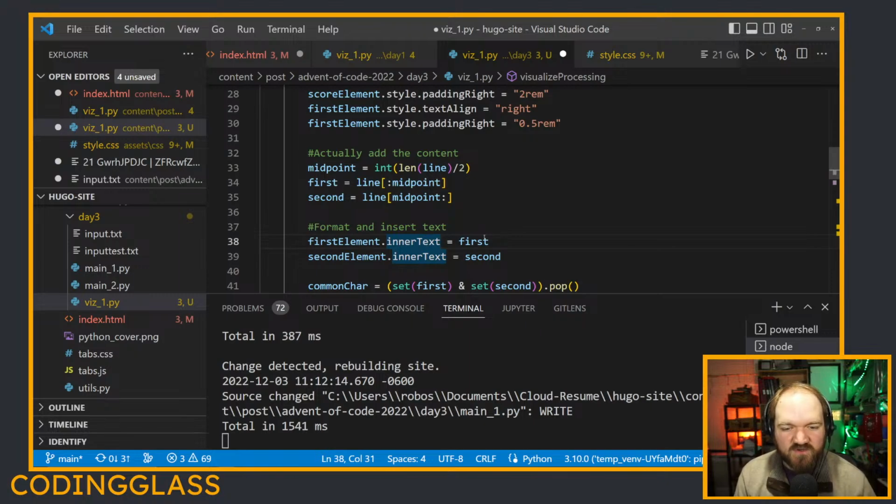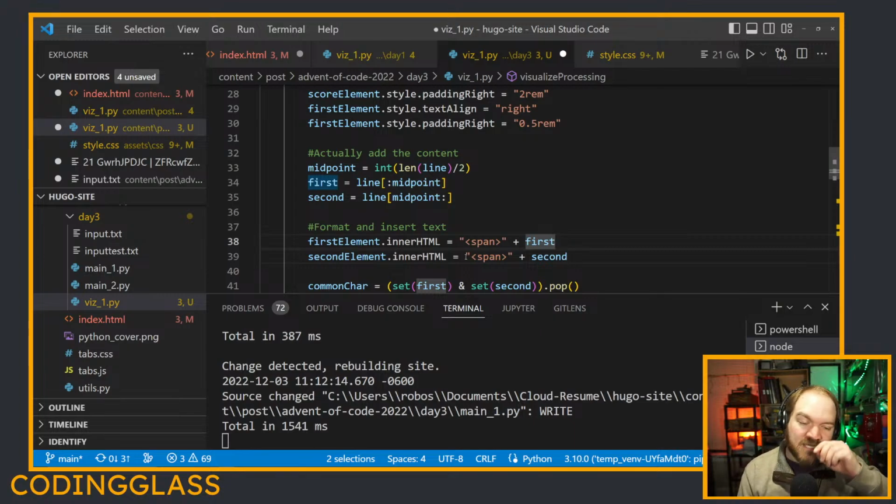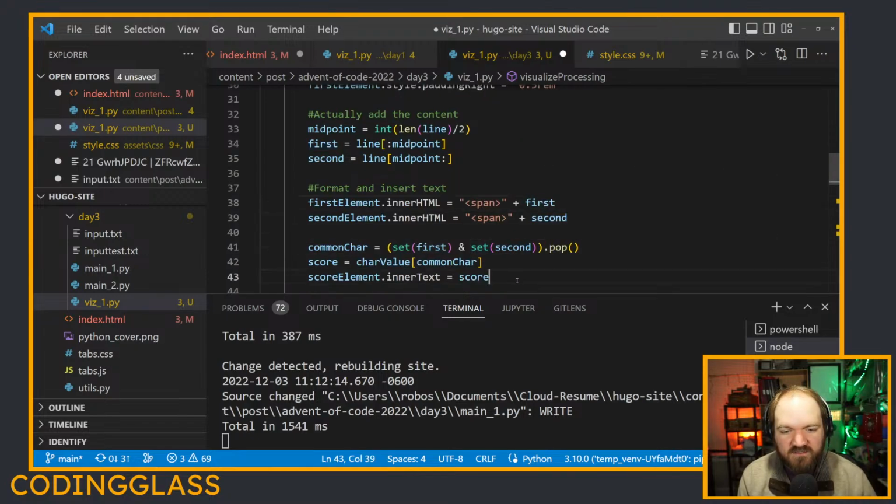And I said earlier these were going to be inner text, but I'm going to start by making them inner HTML, just so we're totally clear about it. We're going to make these, just so that this is valid HTML, I'm going to say that this is a span tag plus first. Actually, you know what this should be? So let's